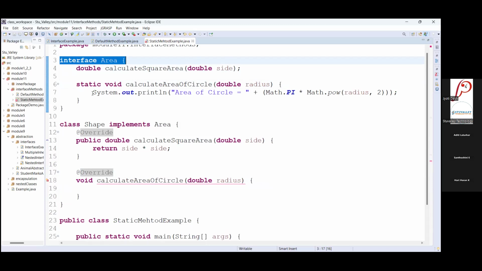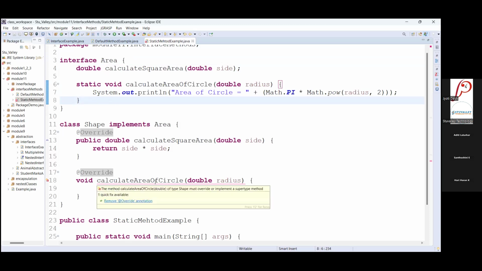You know that we have already seen this example, right? You cannot override the static members because they are bound to the class or the interface in which they are written. So that is why this is not an overridden method.